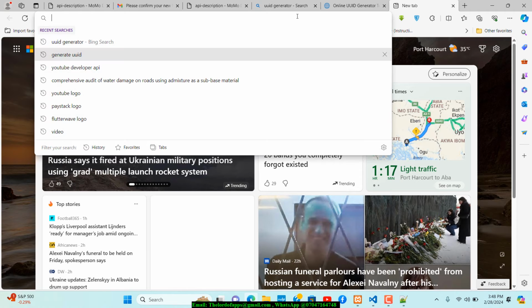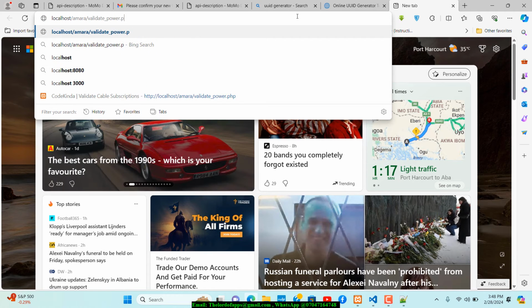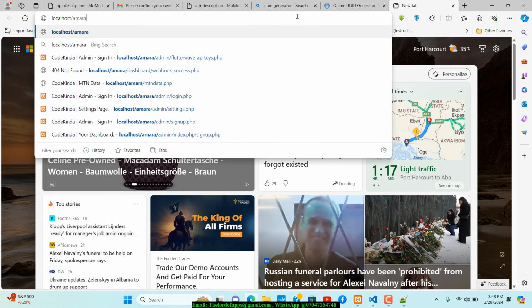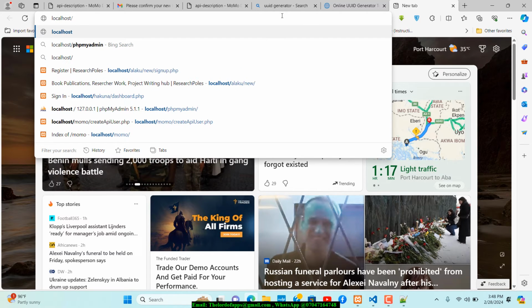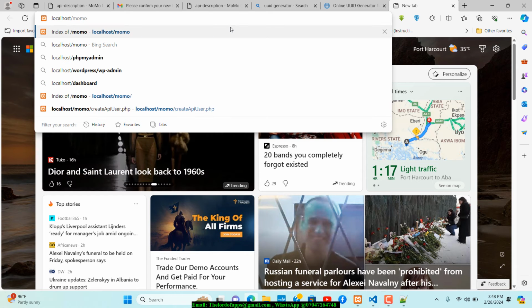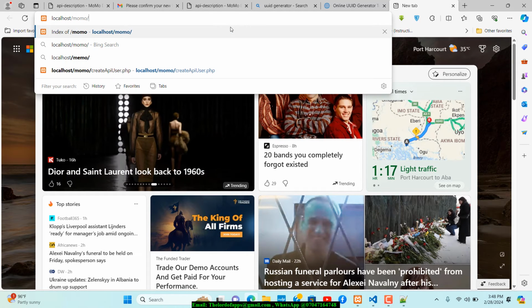I don't think we're going to get any outputs. The reason for that is because MTN normally finds it difficult to pass something like a JSON object back to the users. What they normally show is something in the HTTP header, something like the code that designates whether you had success trying to access that particular host or not. So we're going to go to Momo, and we're going to go to